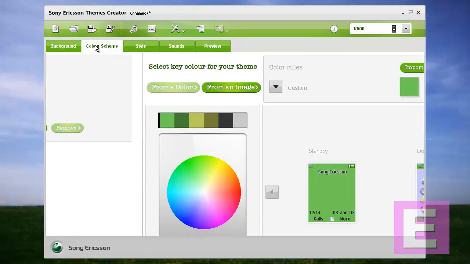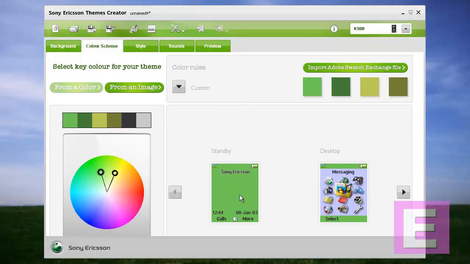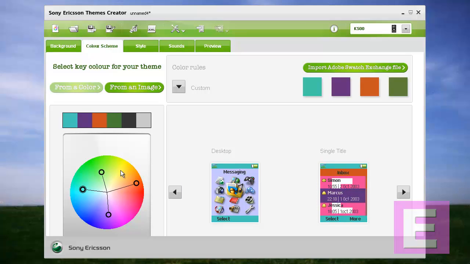Go to color scheme. Here you can set the color for the background, tab as well as text by dragging these points. As you can see, the colors will change. Move this. You got to change the color.